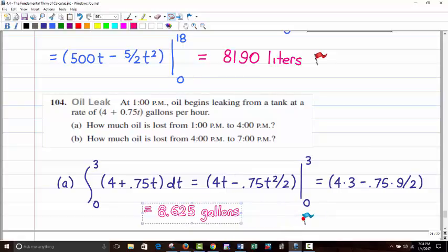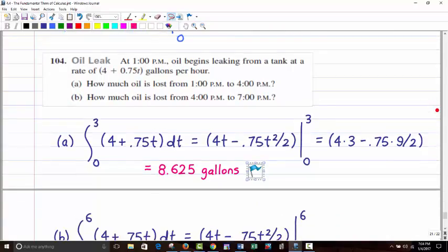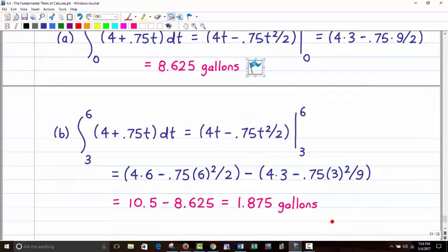So the next one's going to be, what's that going to be? From 4 to 7 means you're starting at time 3 and you're going to time 6. So it changes the limits of integration from 3 to 6. And okay, same antiderivative. Plug in 6, plug in 3, and you get 1.875 gallons